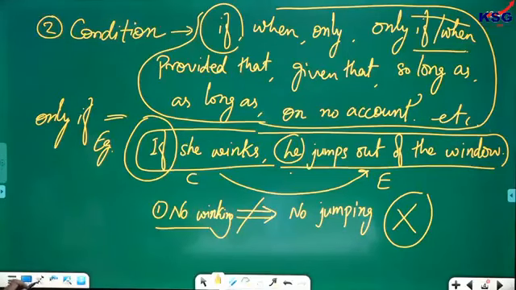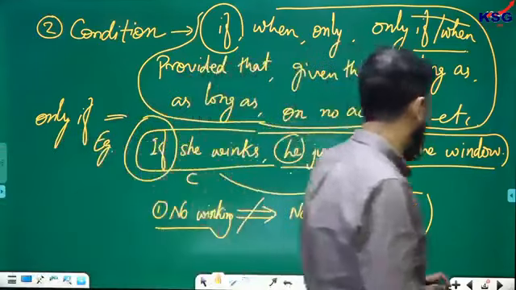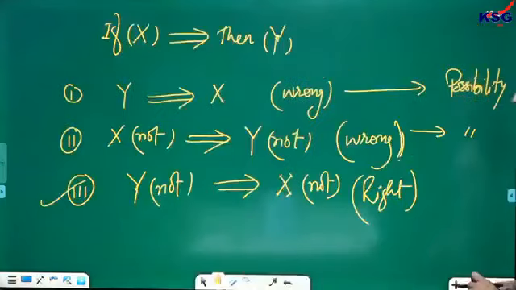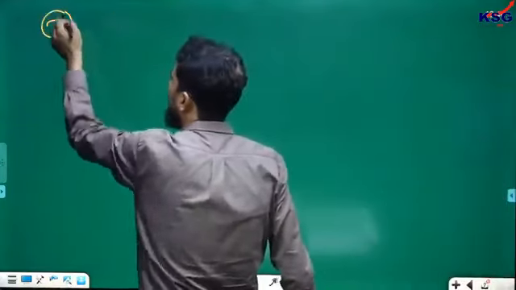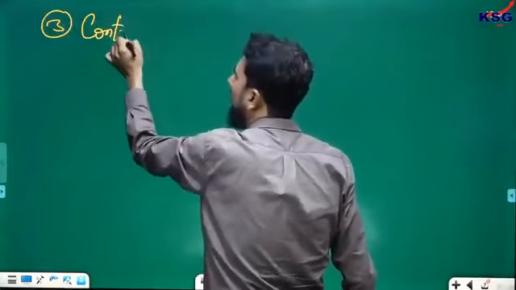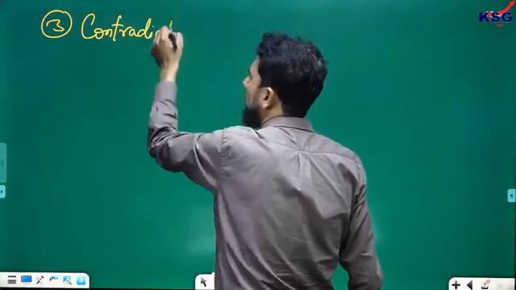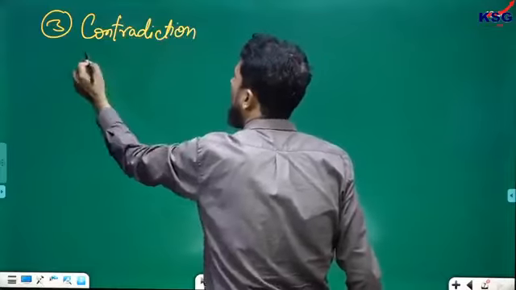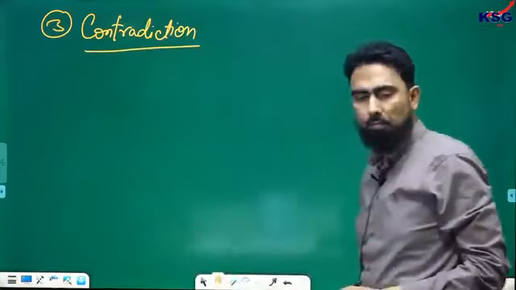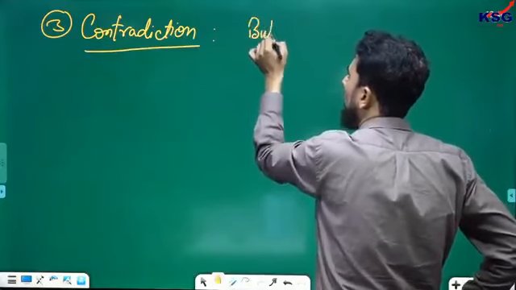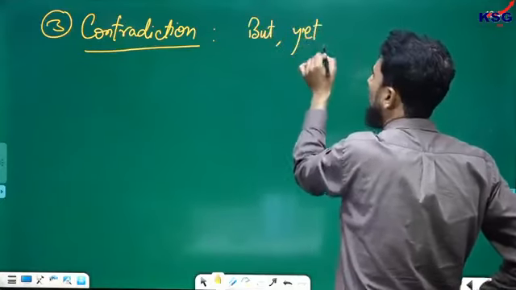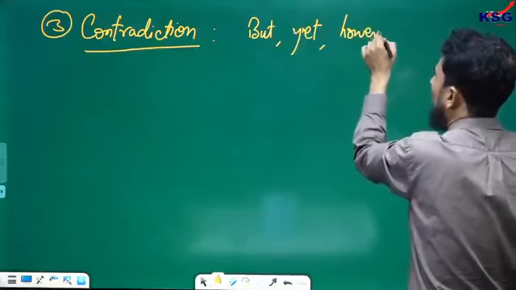Anyway, I have discussed with you two types of keywords, conditional keywords and extreme keywords. Similarly, you must know the third type of keywords, and always pay attention when you are reading a passage and you come across such terms, such indicators that give you the notion of contradiction, right? Words like but, yet, however,